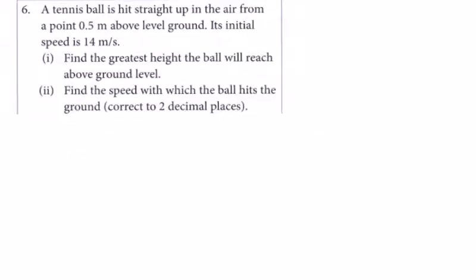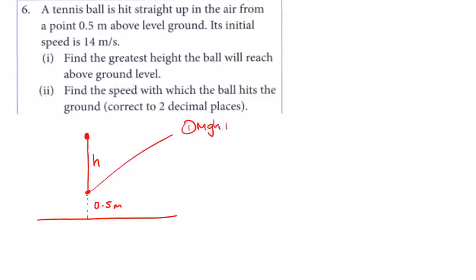Similar type of question with number 6, a tennis ball hit straight up in the air. Here's the ground. Here's my tennis ball. My height above ground, 0.5 meters. And it's going to go vertical, straight up in the air, so it's going up this way. Find the greatest height reached, we need this height here. So in scenario 1, from down here, mgh plus a half m v squared